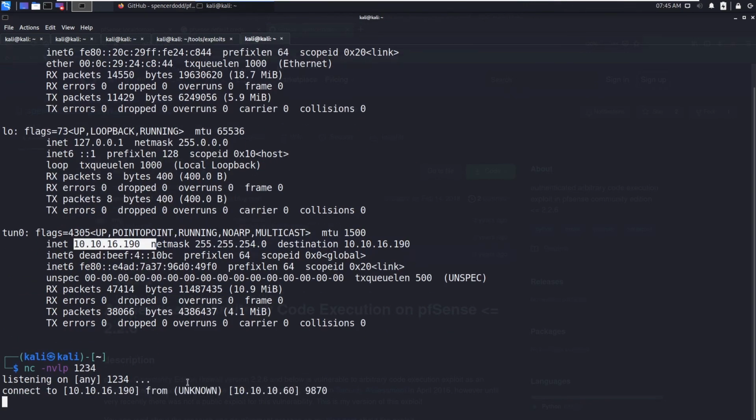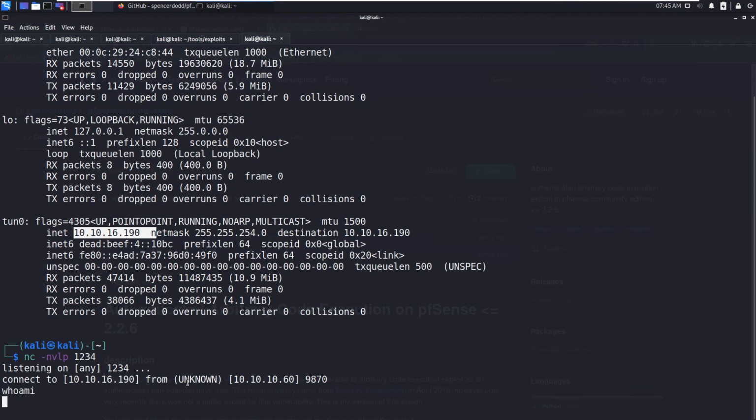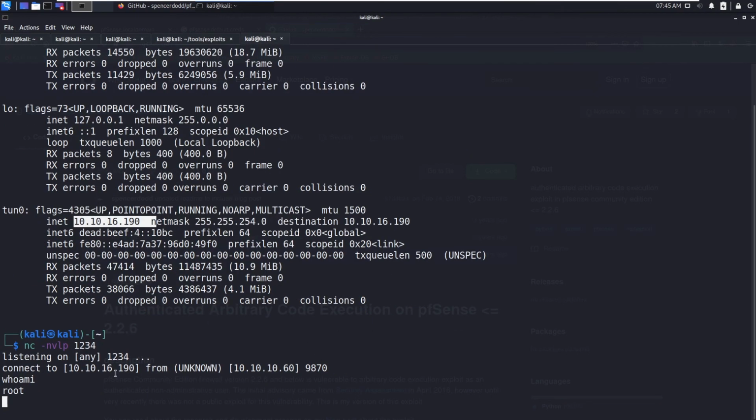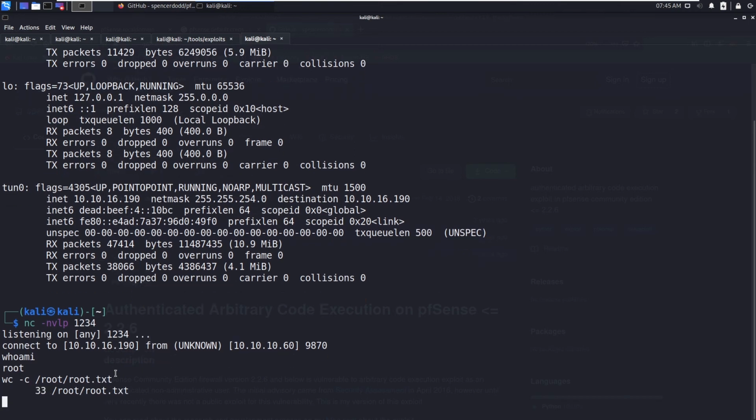So you can see we got the connection. Who am I? We are root. Okay, we are root. So we got the root.